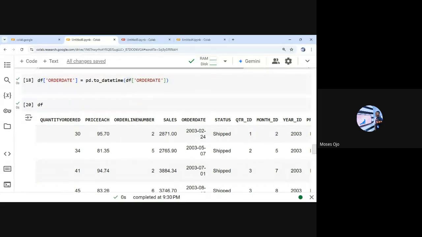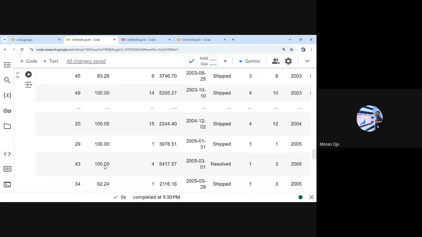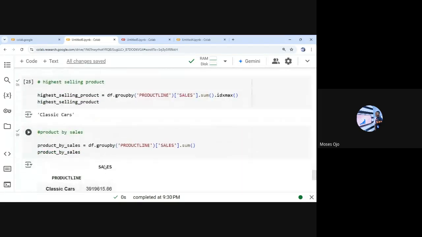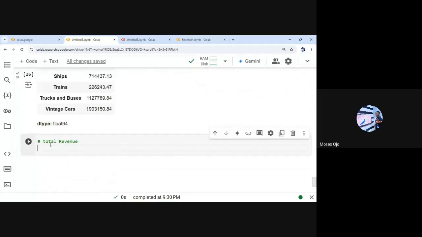All right, so let's go back to it. Sales column. Let's just name it total sales, so that it won't confuse anybody looking for where the revenue is here. It's better to have just total sales. So our total sales will just be equal to